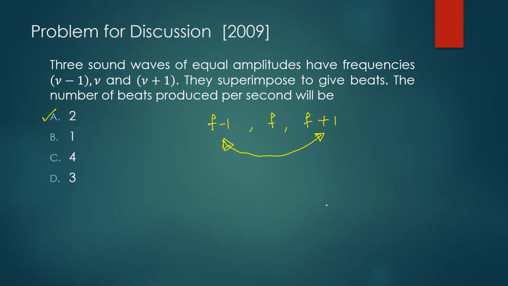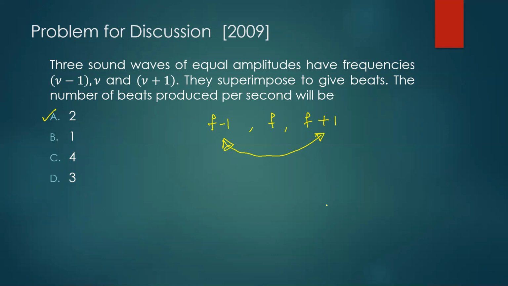If a string is out of tune, you can actually get it in tune by playing, let's say, a well-tuned guitar, and then the string of the guitar which is out of tune. I think the experienced musicians have this ability to catch the increases and then decreases in the loudness of the sound. So what beats means is, suppose the beat frequency is 3, that means in 1 second, the loudness reaches that highest value 3 times.